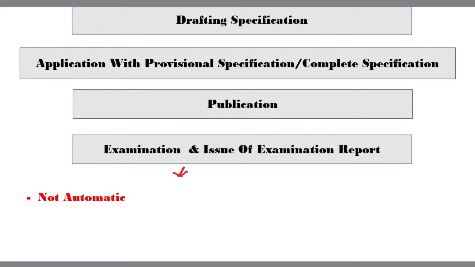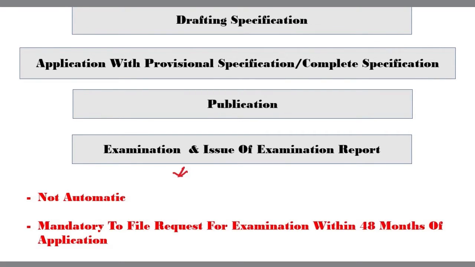But please note, unlike publication, which is automatic, for examination of patent application, the applicant has to mandatorily file a request for examination, and this should be done within 48 months from the date of the application. Filing this request is mandatory. Now, after the filing of request for examination of patent application, it is followed by the examination process,